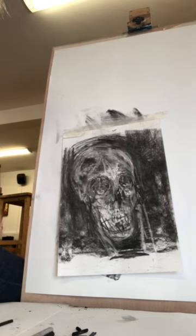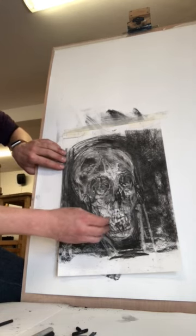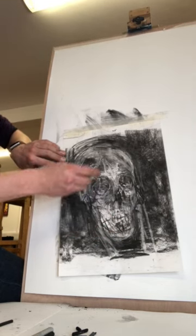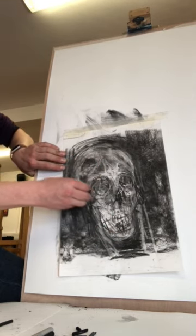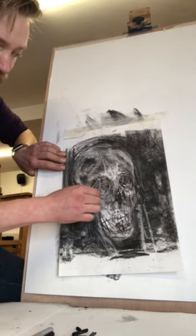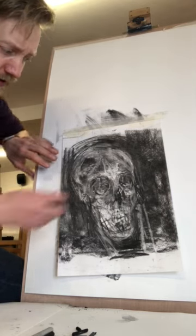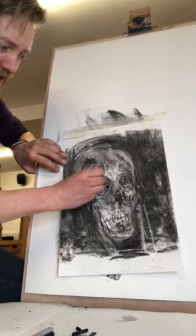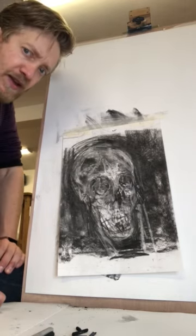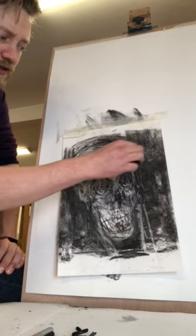I've fixed this previously, so I'm not going to get as much. But you can see if you lift away in certain areas, you can add obviously highlights to certain parts, and then go back into it and add detail at a later date. And if you work into it sometimes with charcoal as well, you can get some really nice effects with that. The key thing as well, it's one of the reasons I've chosen a skull to show you today, is if you're thinking about how you're adding the marks and what it is that you're doing,